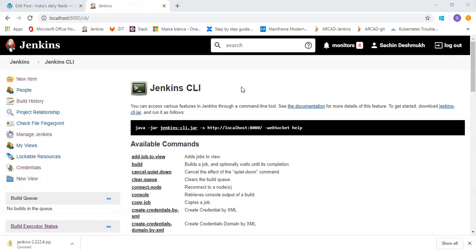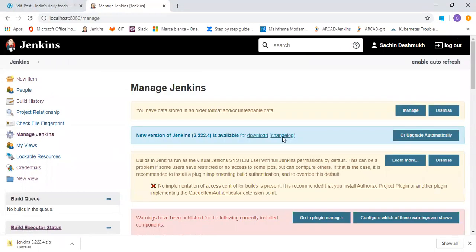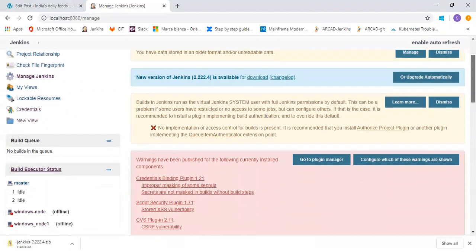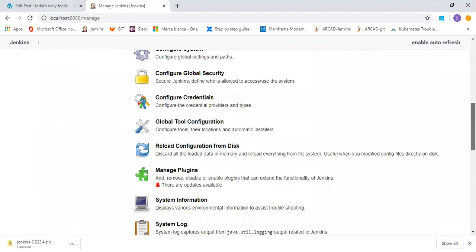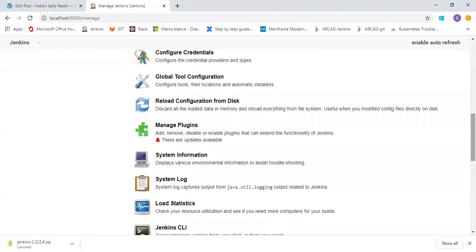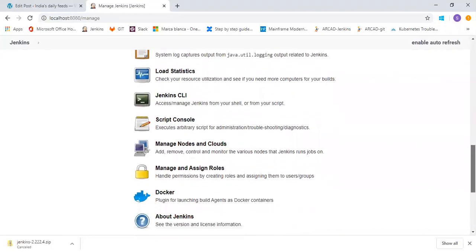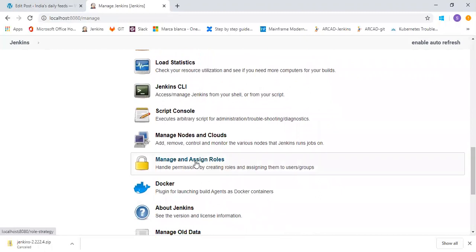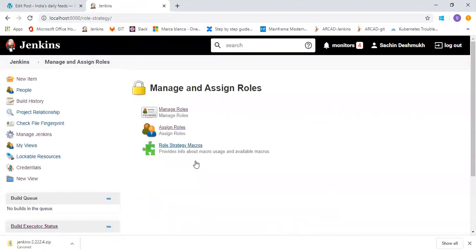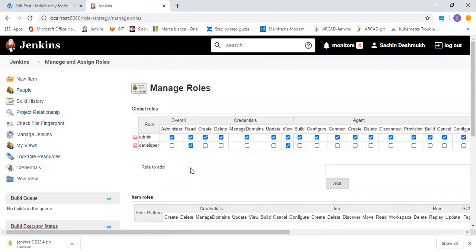Next thing is manage and assign roles. Previously I told you that you need to have your strategy. So we have chosen a role-based strategy. If you go to the manage roles section, you can see there are two roles already available, the admin role and the developer role.